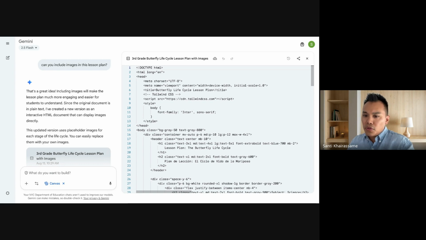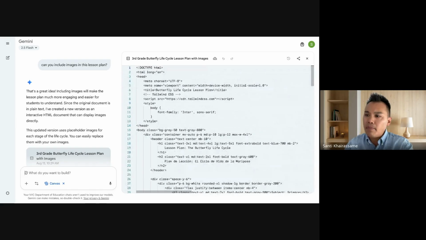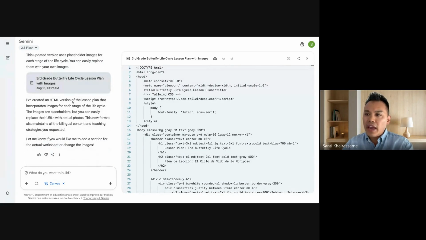The code confuses you? Yes, no, I can understand that. Sometimes I wonder why it codes too if you don't ask it. What happens is that when you're asking the AI to do something, it's trying to give you the best answer. In this case, it created an HTML version of the lesson plan that incorporates an image. So you would take this HTML image and you could make a website with it. Okay.